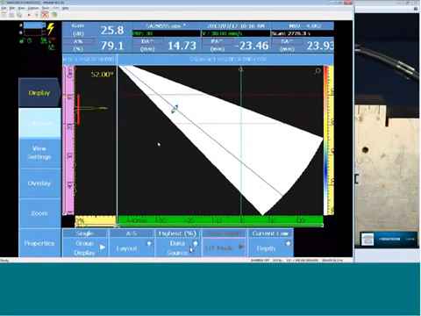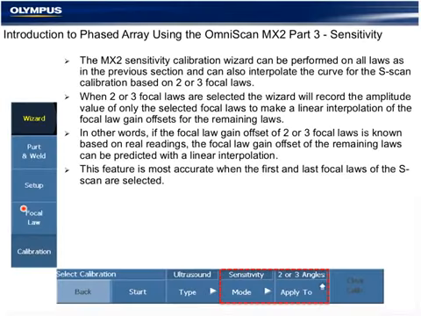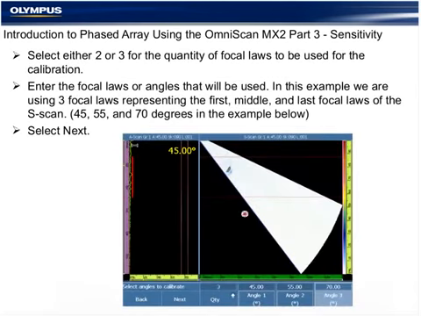So there's another option in addition to all angles for the sensitivity inspection. There's a 2 or 3 angle option. In the 2 or 3 angle option, we select 3 or 2 angles, depending on which you selected. The software will base its calibration strictly on those angles and will automatically fill in the entire S-scan in between